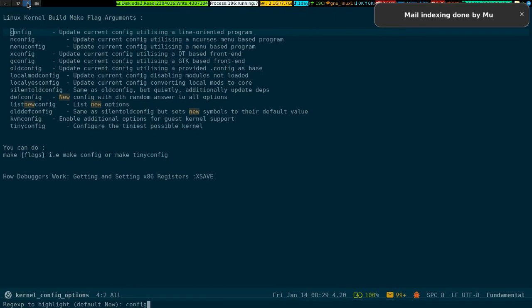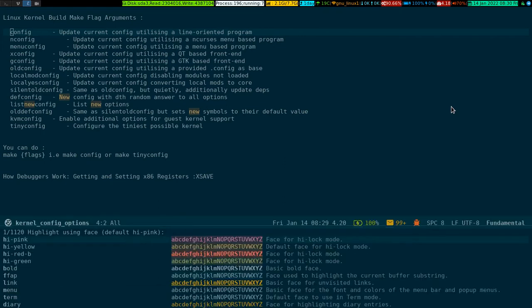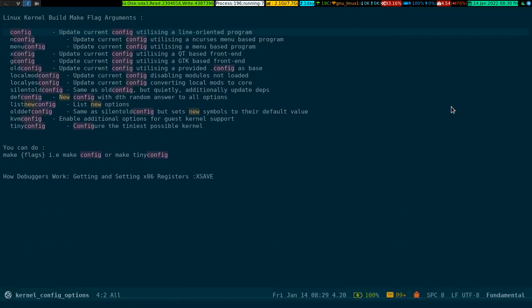If I write config here and press enter, and again I'm not changing the color just for the sake of clear visibility. Okay, if I press enter here, see, wherever it finds the config word, that's the regex I specified, right? It gets colored,